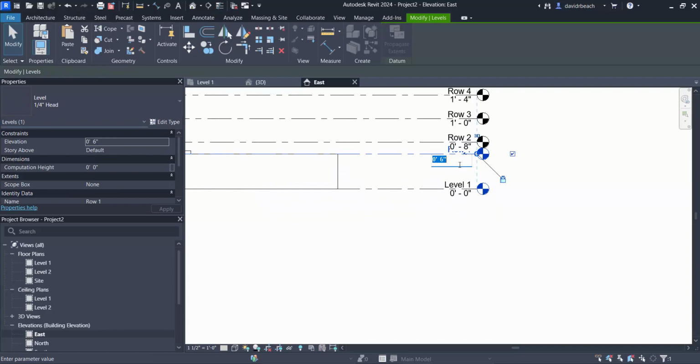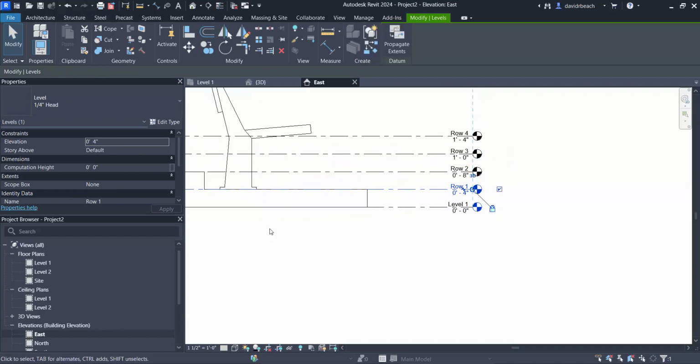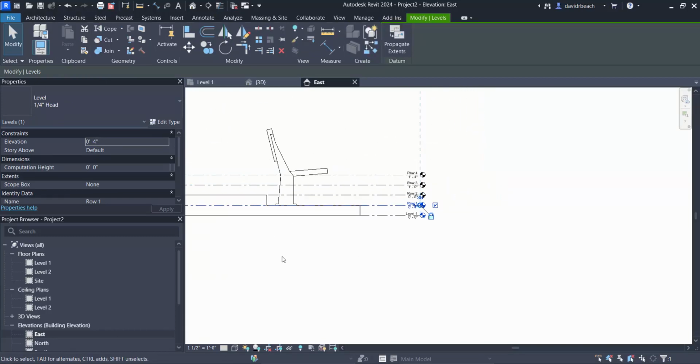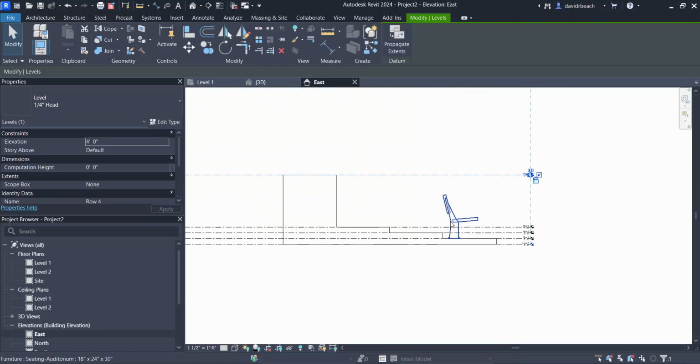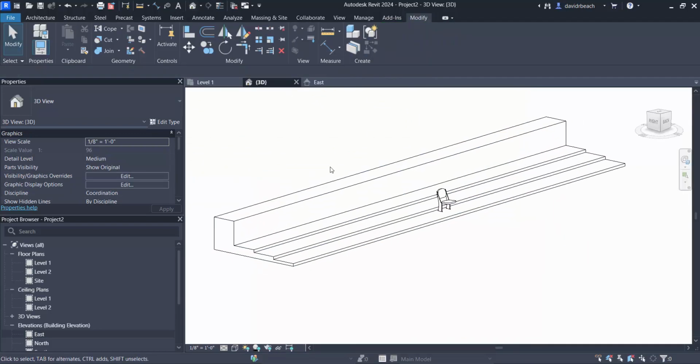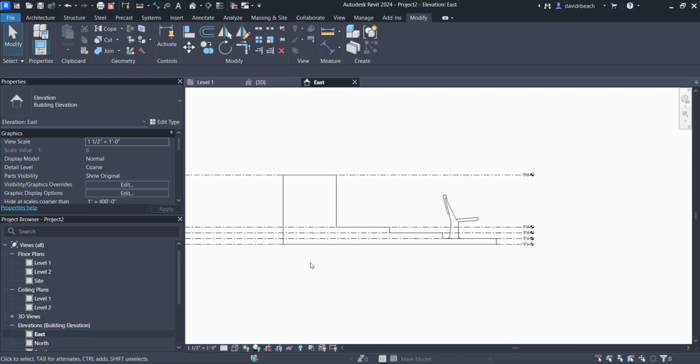Now I can say that is back to 0, 4. Chair moves, suite moves. I could say this is not 1 foot 4, but that is 4 feet. It's going to move that rake with me, right? No matter where it goes. It's going to start pushing and pulling all of those things. If I wanted to change the dimensions front to back, I could do that as well